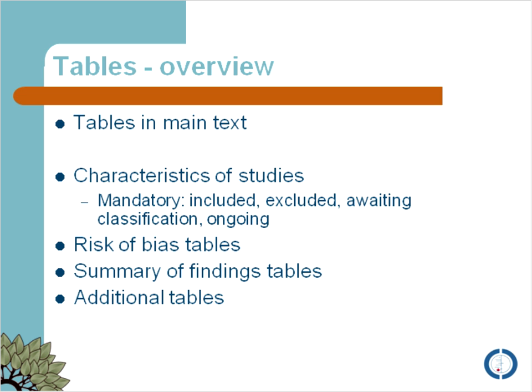So that's excluded studies. As you can see below, for any studies that you've indicated are awaiting classification for whatever reason, then you can fill in this information. So this is what automatically pops up within RevMan for those fields for you to complete. And if you've noticed as well, where it's possible to add footnotes, there's an italicized area where you can add footnotes. Ongoing studies, for any trials or studies that you've identified that may meet the inclusion criteria in a future version of your review, you can complete this area as well.